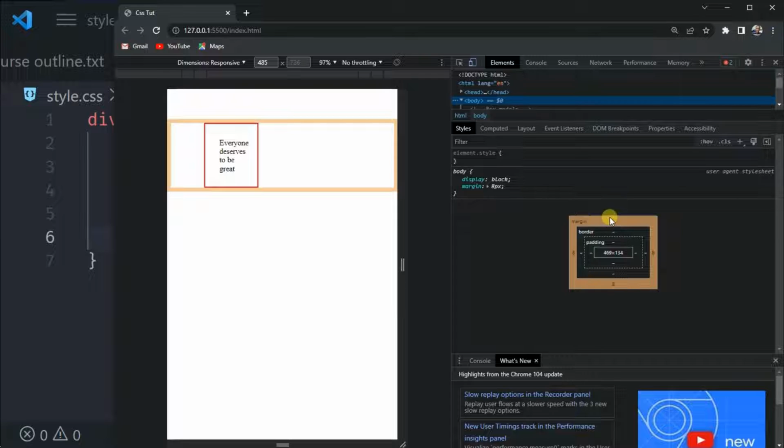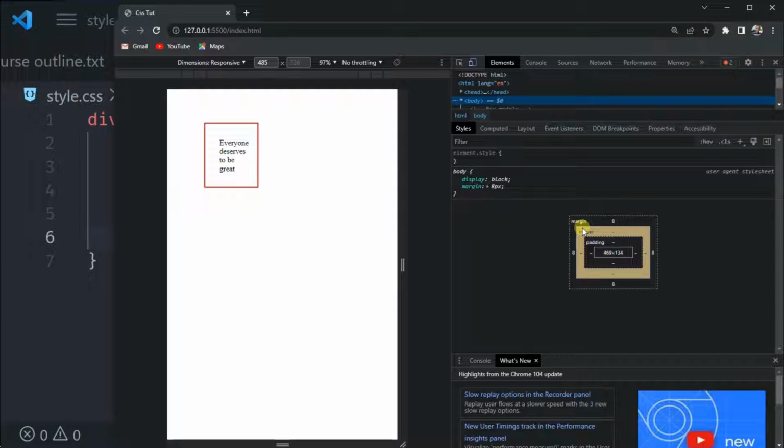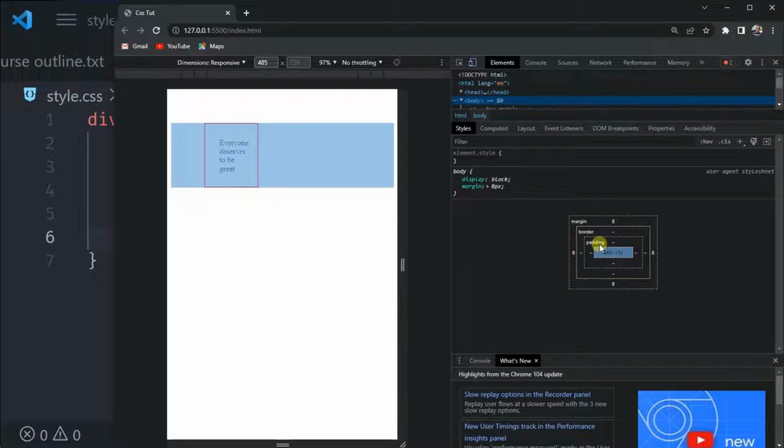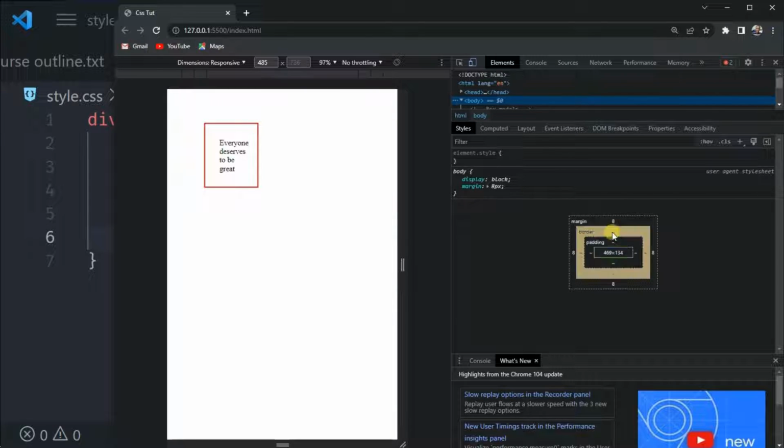This is the margin. This over here is the margin. You see, the margin is the outer part of this element. You can see the margin, and next to it you have the border, and after the border you have the padding, and after the padding you have the content inside of the margin, the border, and the padding. And once you add a width to an element, you are adding a width to the content, and if you add a height, you are adding a height to the content, and then before the padding, before the border, and